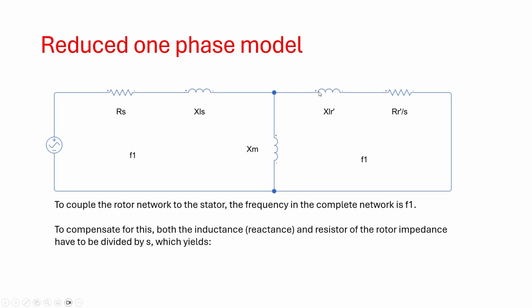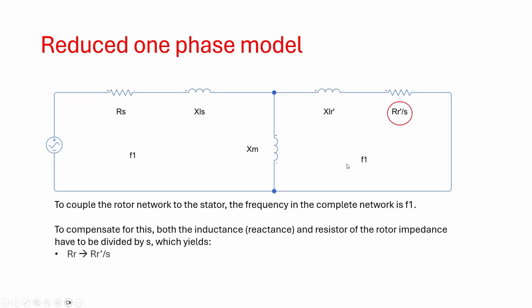And in this way we connected the rotor to the stator. But to couple the rotor network to the stator, the frequency in this complete network has to be the same frequency. So that's the main frequency F1. So to compensate for the rotor side, we have to divide both the reactance value and resistor value by the